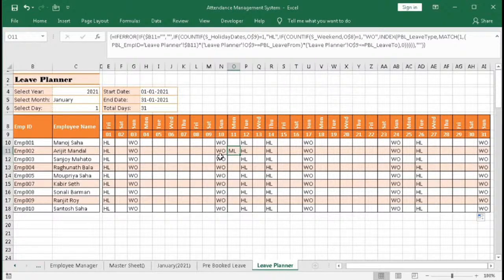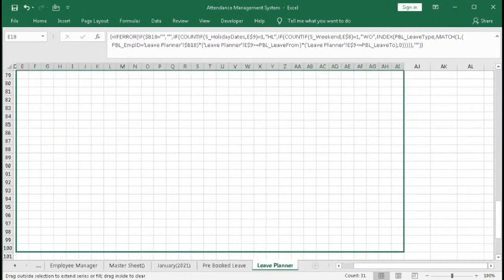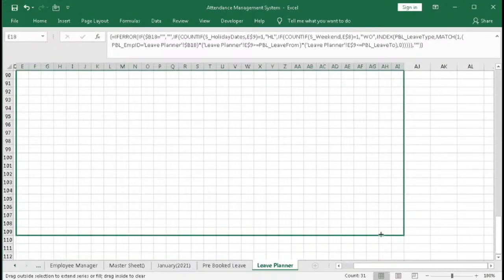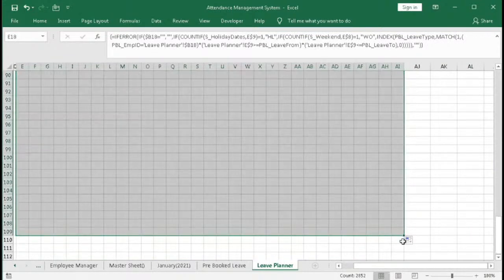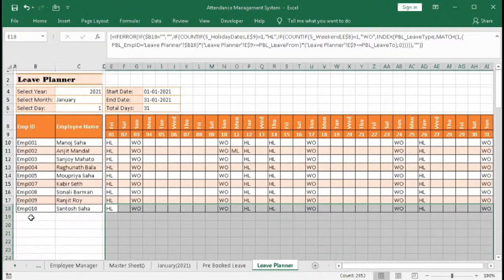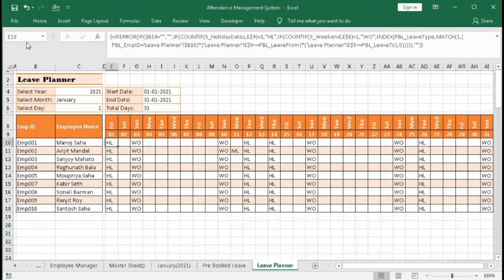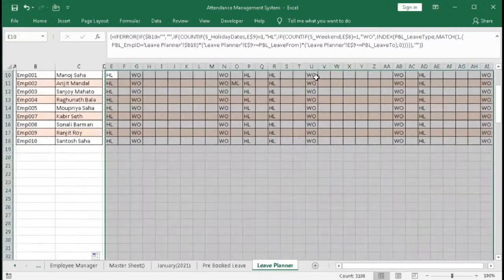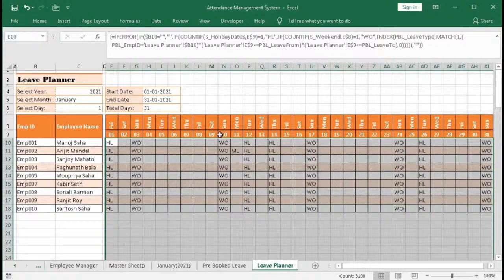So now first we will hide this holiday and week off with the help of conditional formatting. So first drag this up to 109. Yes. As there is no employee ID, these are showing blank. So first from here colon AI109,